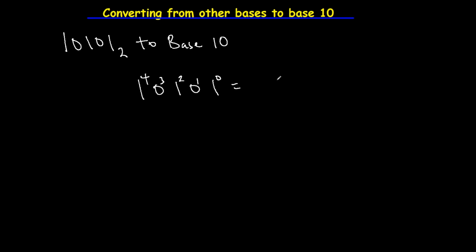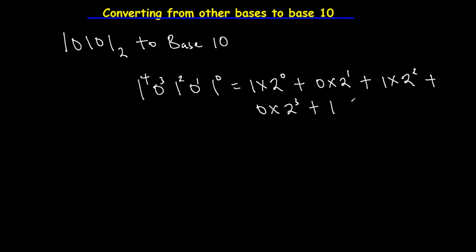So this is equal to, starting from the back, 1 times the base, which carries the power, 2 raised to the power 0, plus 0 times 2 raised to the power 1, plus 1 times 2 raised to the power 2, plus 0 times 2 raised to the power 3, plus 1 times 2 raised to the power 4,